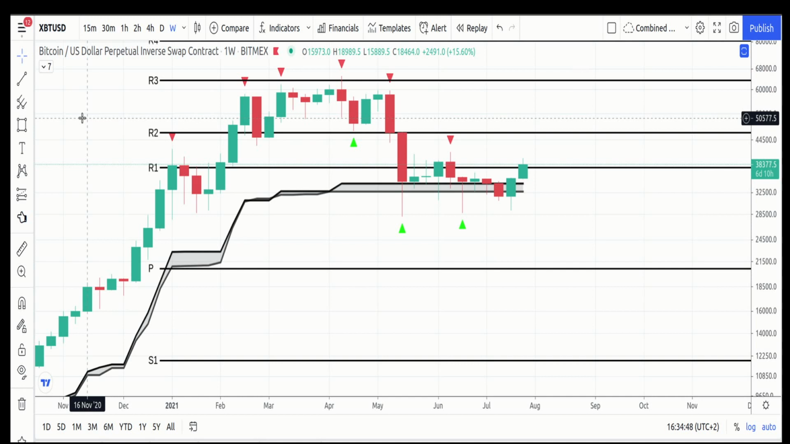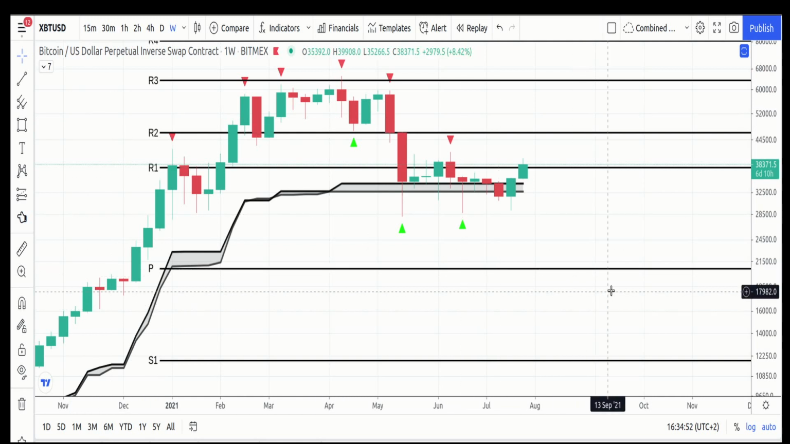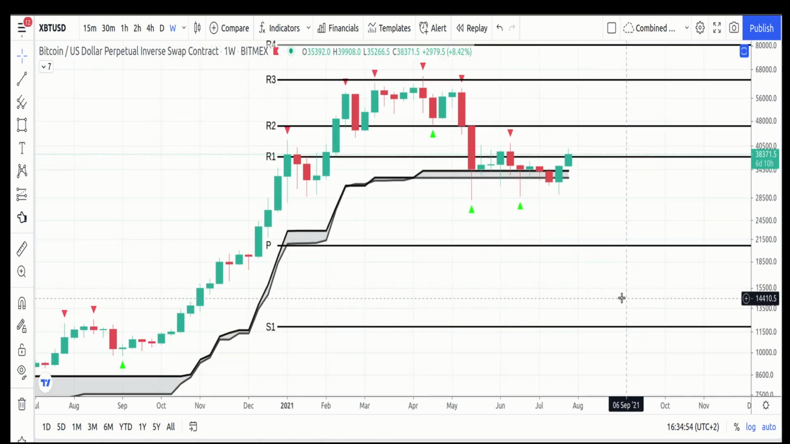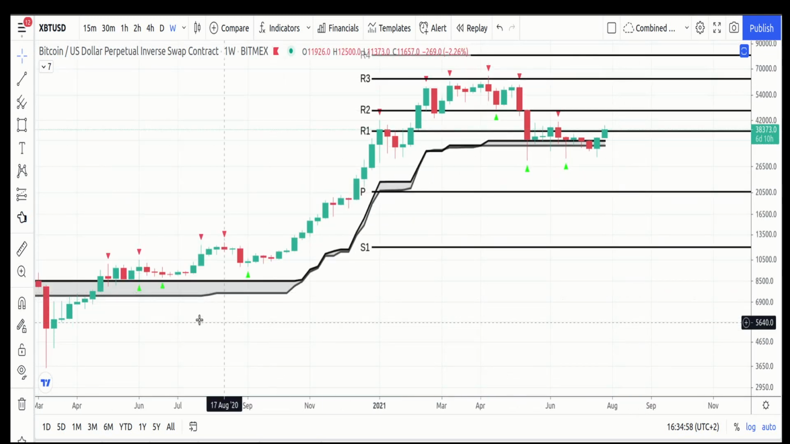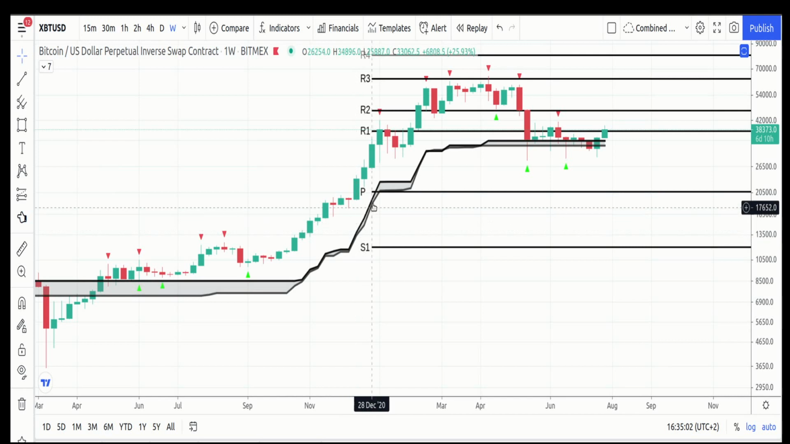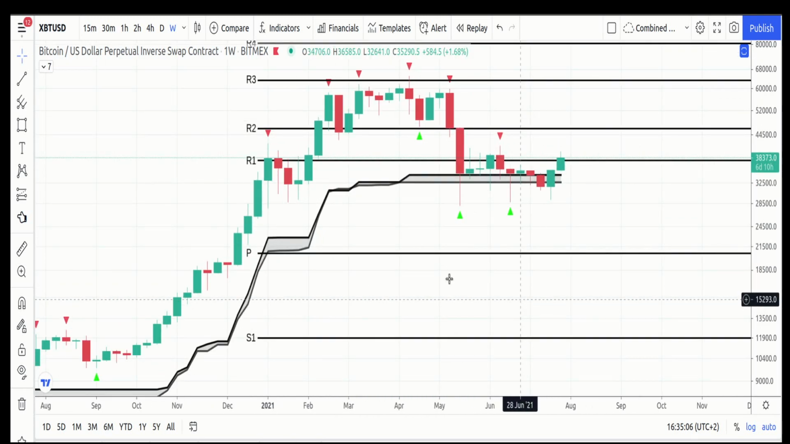This is Bitcoin USD on BitMEX. This is the weekly chart. Let's have a look at it. There are just two things plotted on this chart. It's the dynamic support resistance, the weekly dynamic support resistance, which is this line that I'm following, and we can